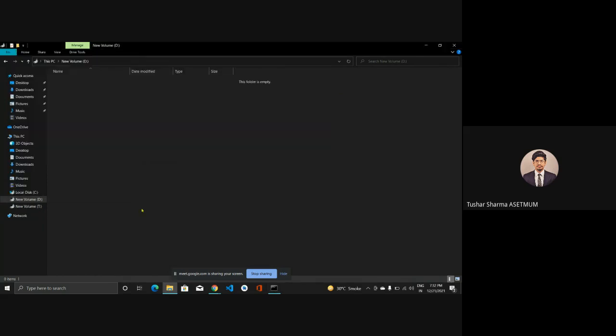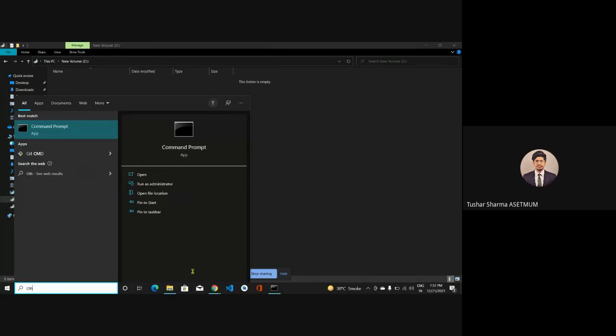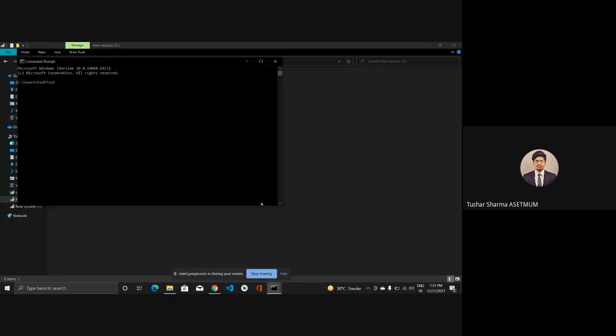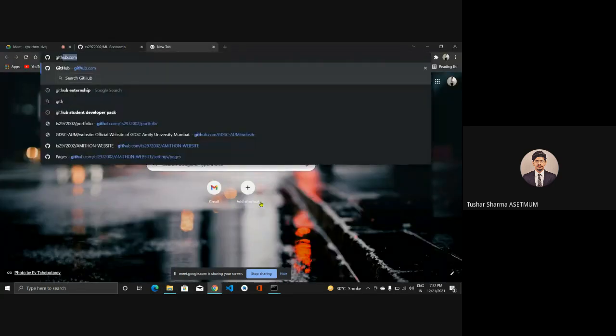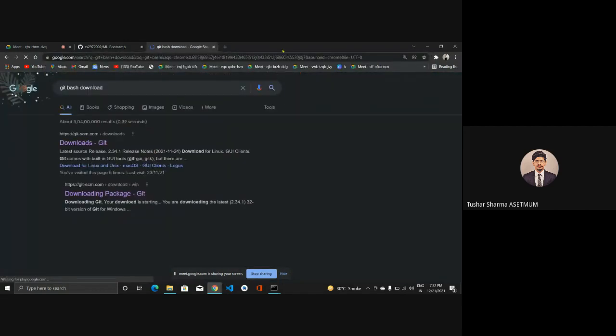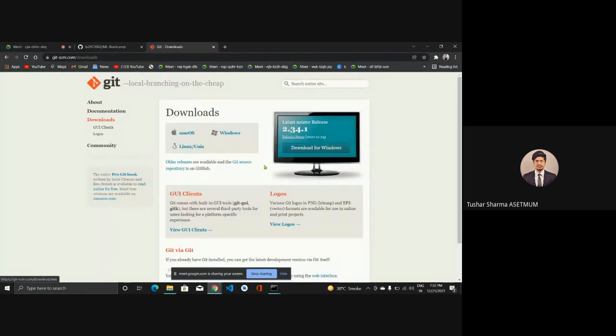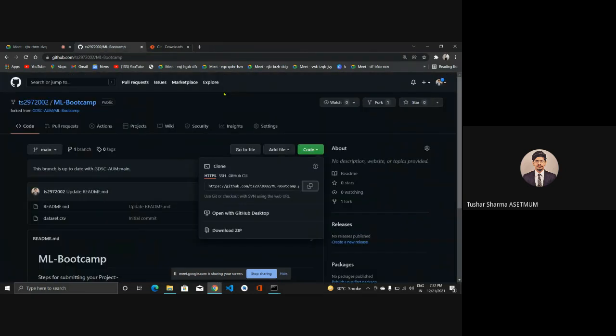Another method is that you go to the CMD and change the directories, and accordingly you can shift to, for example, the D directory, so I'll write D colon. For this, you first need to install git bash on your system. I'll be providing you the link. This needs to be downloaded on Windows. It's a very simple installation. You just need to keep all the changes which are recommended, and that's all.